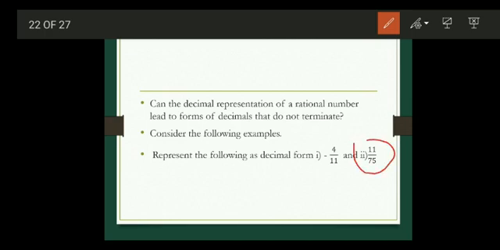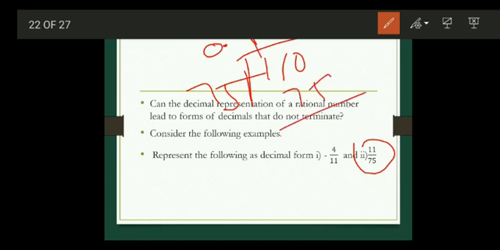Now see 11 by 75. When you do this also, the decimal places will repeat. Since 11 is less than 75, make a point and add 0 here. So 11 by 75, we know that 1 times 75 is 75. The remainder will be 35. We'll take this 10, 10 minus 5 is 5, 10 minus 7 is 35, and we'll add 0 here.